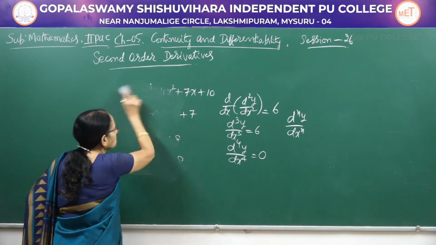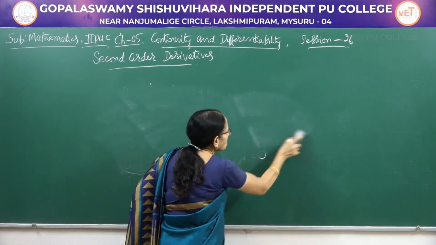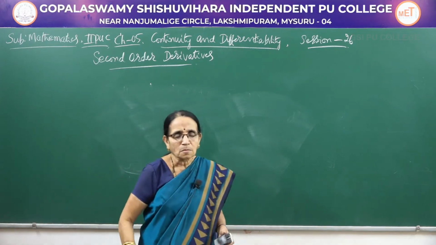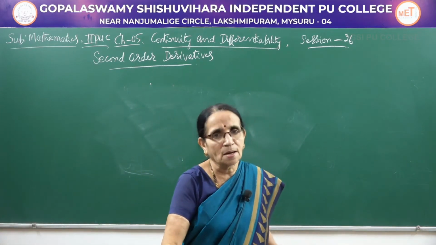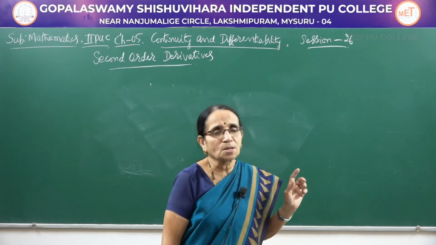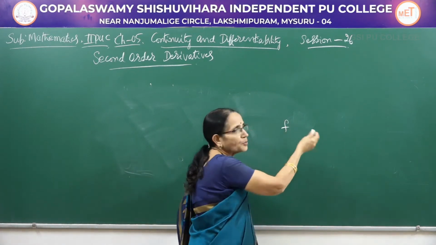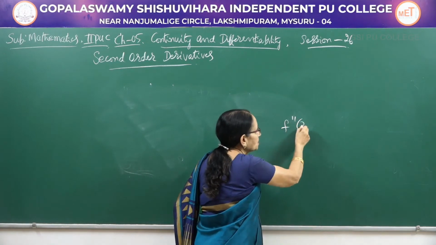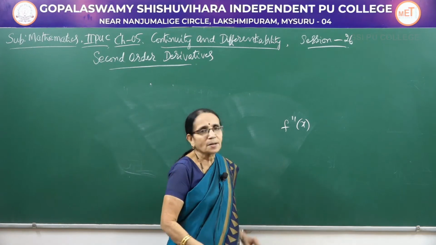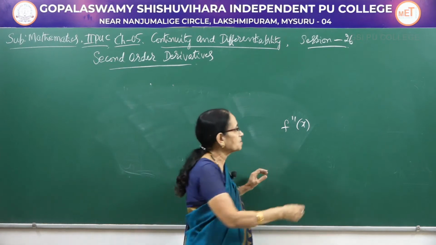So that is the type of function in today's session I am going to consider. When a function is given, differentiate once, then differentiate again, that becomes the second order derivative. Now this is one notation, d square y by dx square. Suppose a function is given like this, f of x equal to something, then f dash x is the first order derivative. f double dash x means it is the second order derivative. So this is the other notation for the second derivative.